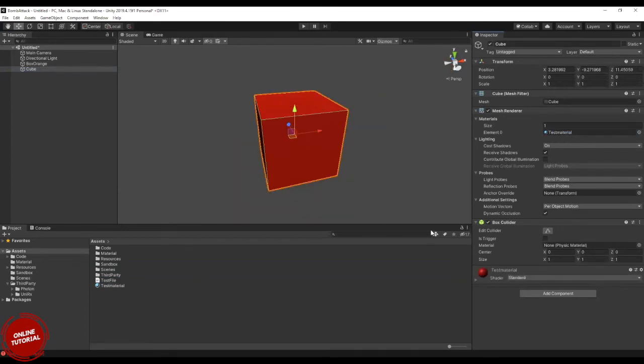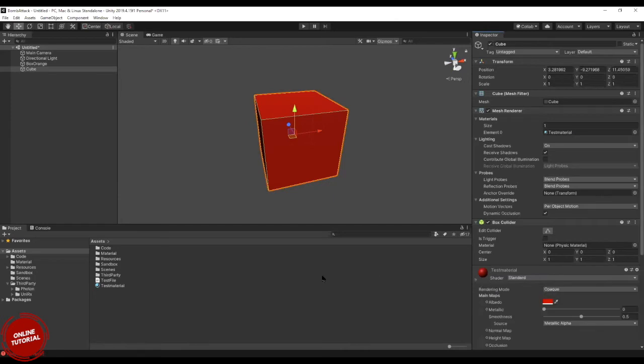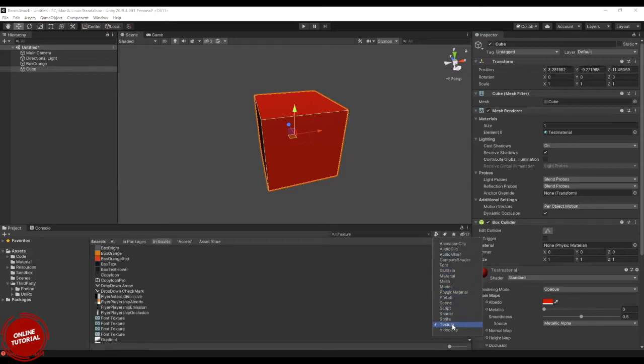Now if I want to add a texture on top of it, let me go to the textures and add some noise on top of it. I will go to this unit texture.